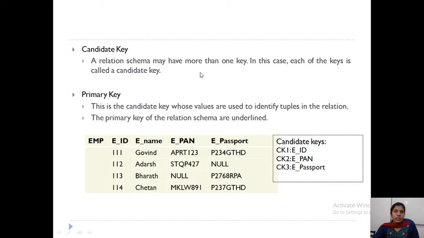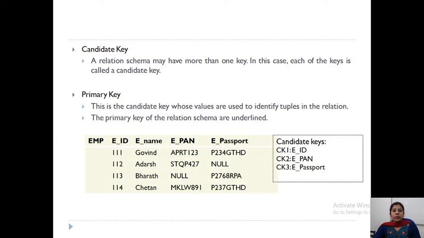Here employee ID is one candidate key, employee PAN number is another candidate key, and employee passport is one more candidate key. So you can have more than one key in the relation schema and each key will be called a candidate key.